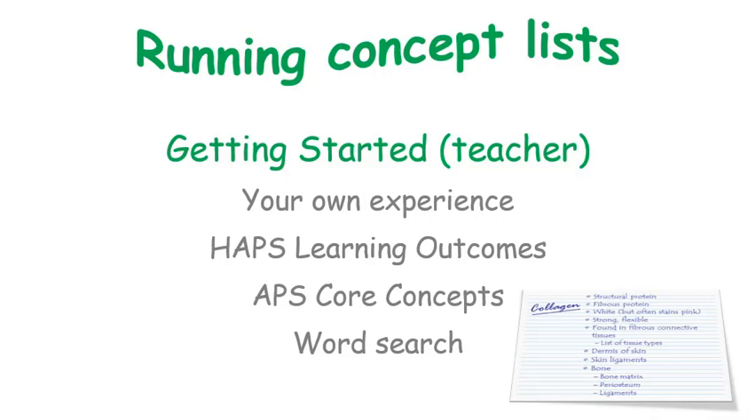Another place to kind of spark this thinking and give you some ideas are the HAPS Learning Outcomes. So go to the HAPS website, and if you're a member, just go to the Learning Outcomes page, and that'll sort of get your mind thinking along those lines of what are the overarching principles that are considered to be the core ideas that we want our students to bring out of the A&P course. The American Physiological Society, APS, has